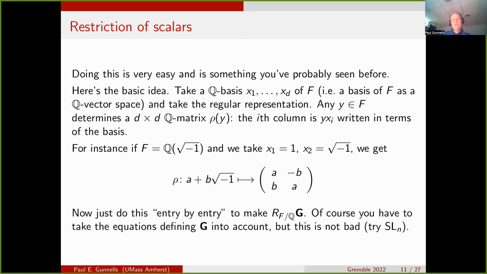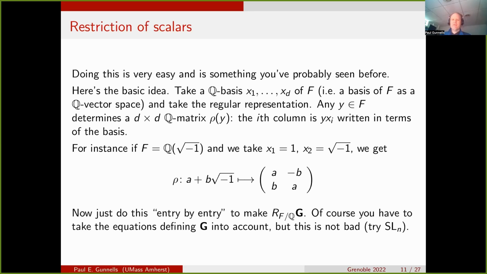So here's the example that everybody has undoubtedly seen, although maybe with real coefficients and not rational coefficients. If you take Q adjoin the square root of -1 and then take this obvious basis, you can take the element a plus b times square root of -1 to this matrix. This is exactly what happens. When you multiply that guy by 1, you get the first column, a plus b times square root of -1. Multiply by the second guy, then what happens is the a shifts down and you get a minus b on the top. Any matrix on the right-hand side where a and b are rational numbers, you multiply them, add them, behaves exactly the same as if you're doing it on the left-hand side with those numbers in that field F, okay?